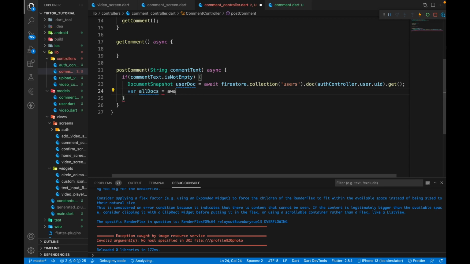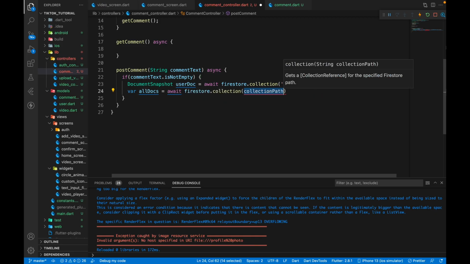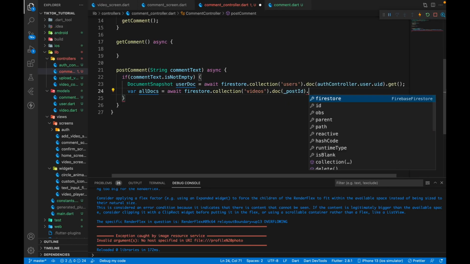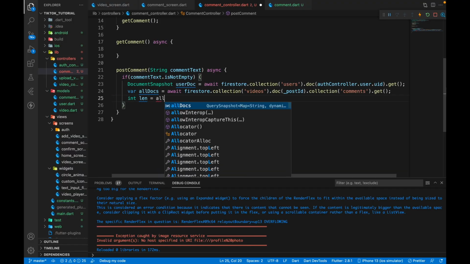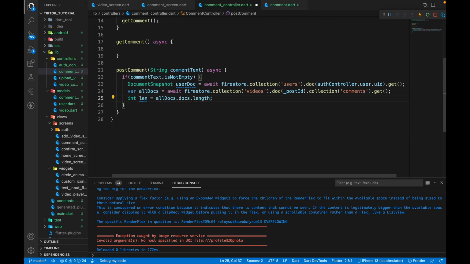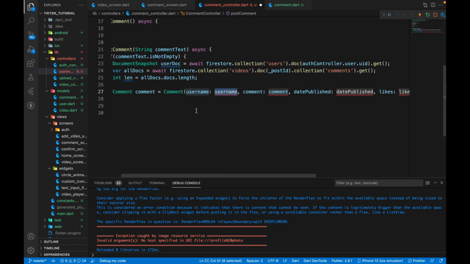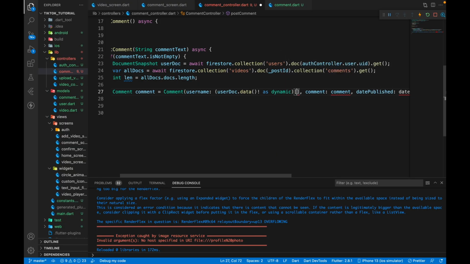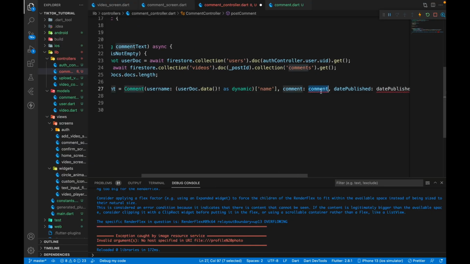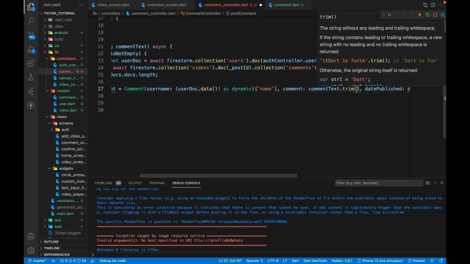So we can have var allDocs, let's say, and we're going to have firestore dot collection videos dot doc postID dot collection comments dot get, and now we are going to call the length, which will be allDocs dot length, and now we are going to create comment, which will be a Comment, and the username is going to be userDoc dot data as dynamic, and we'll wrap this with a parenthesis, and it's going to be name. Now the comment is going to be the commentText, and we can trim that,